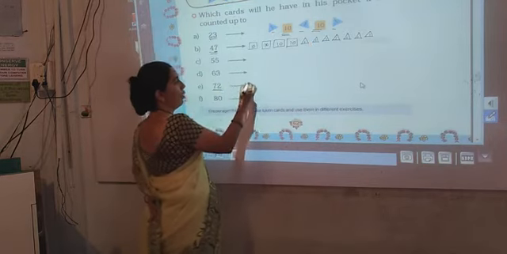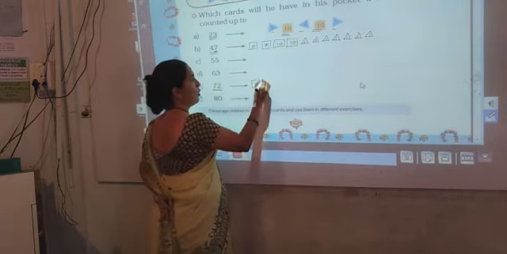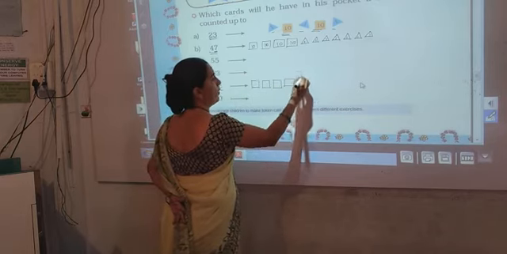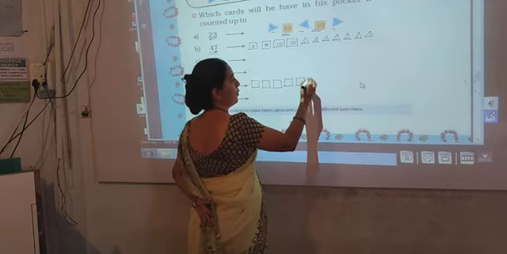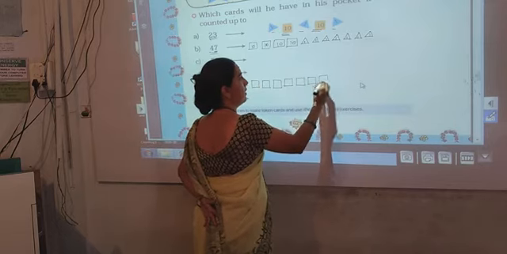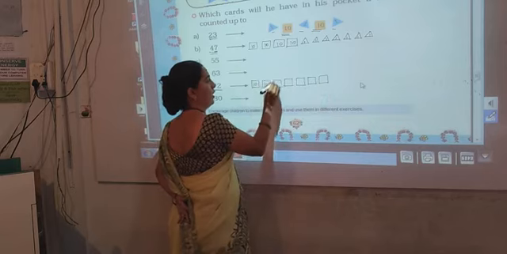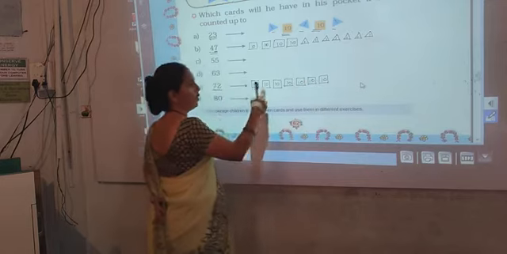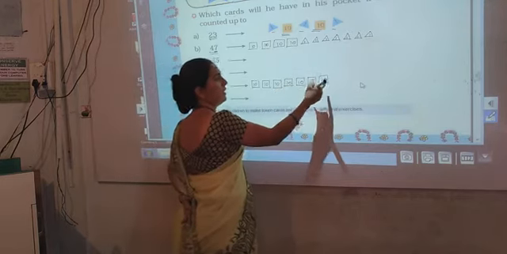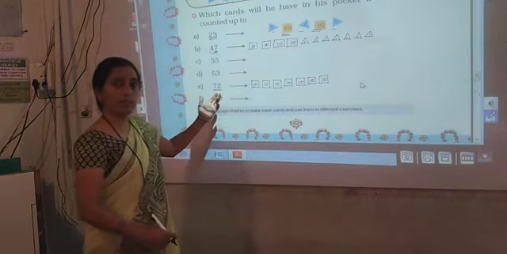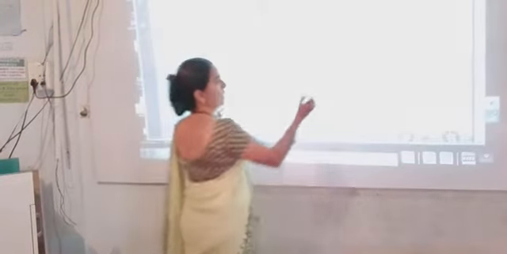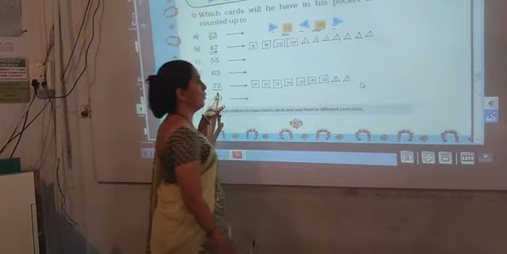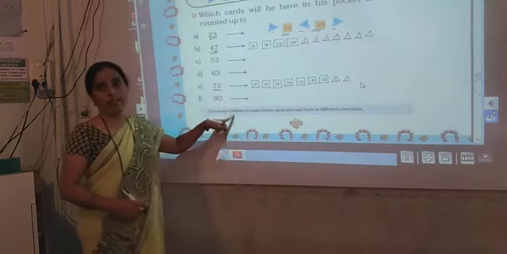For 72, how many cards of 10 should be there? 7. Okay, how many 10 cards will there be? 1, 2, 3, 4, 5, 6 and 7. In each card there is number 10. So 10, 20, 30, 40, 50, 60, 70. But the number given is 72. So how many cards of 1 do we have to draw here? Yes, we have to draw 2 cards of 1. In this way you complete this and